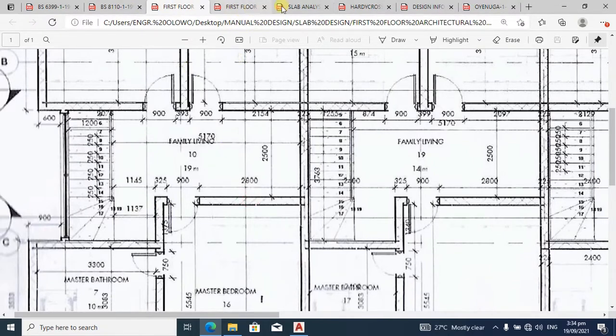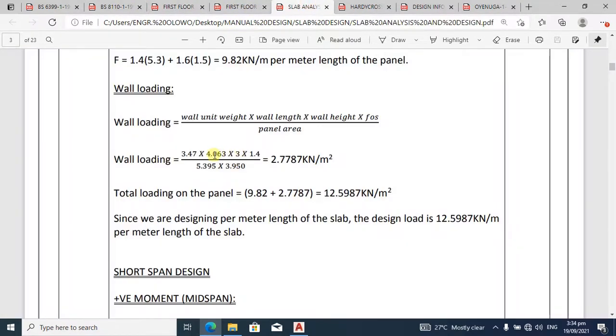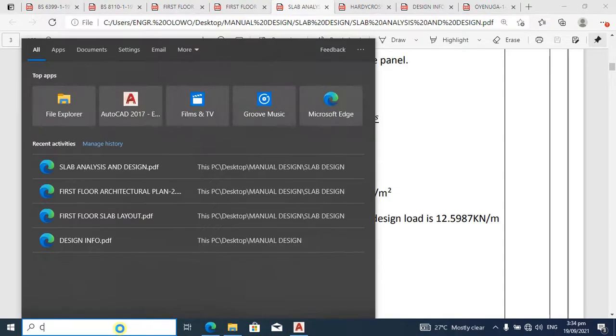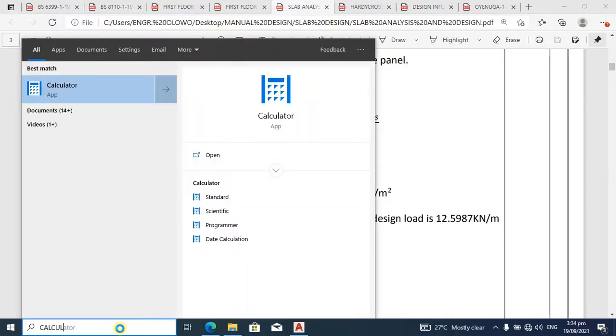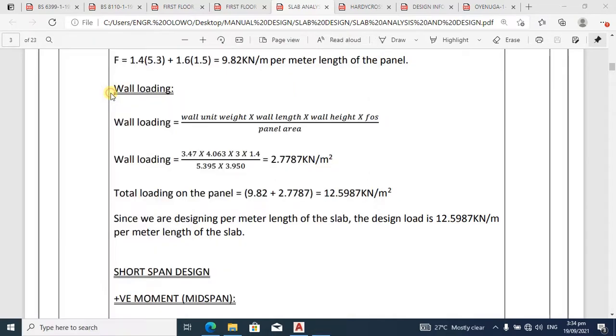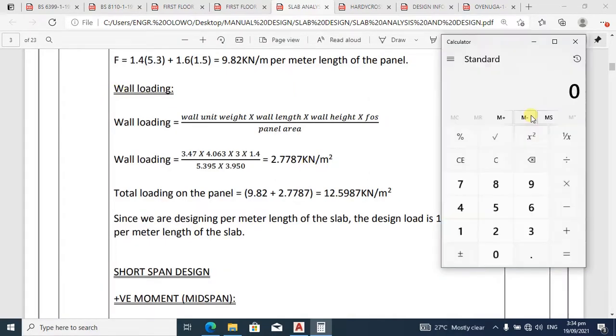You now come back to this analysis. You input the wall length. Then what is the wall height? Normally the wall height should be the floor to floor height. In this case, we want to assume that our floor to floor height is maybe 3.15 meter minus